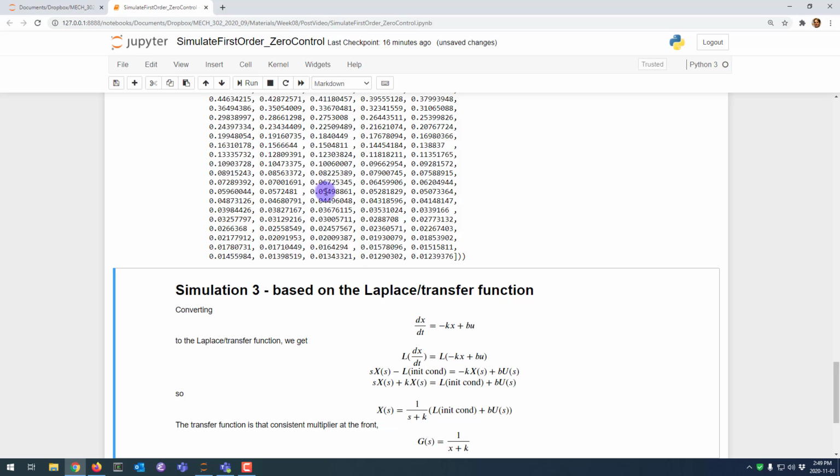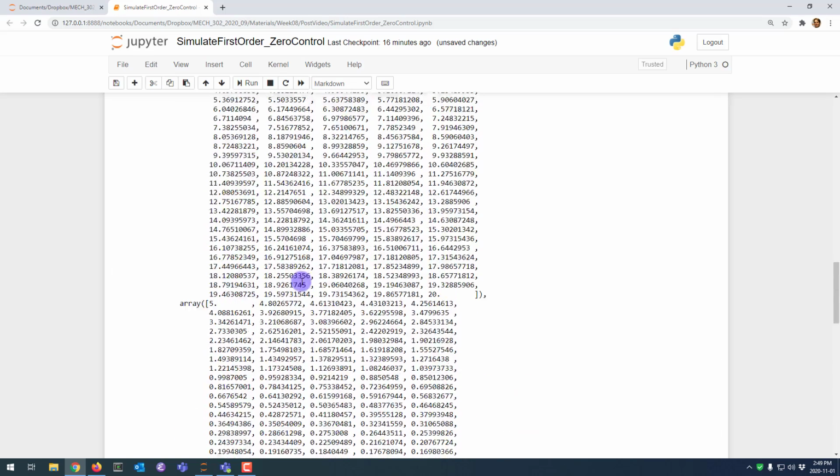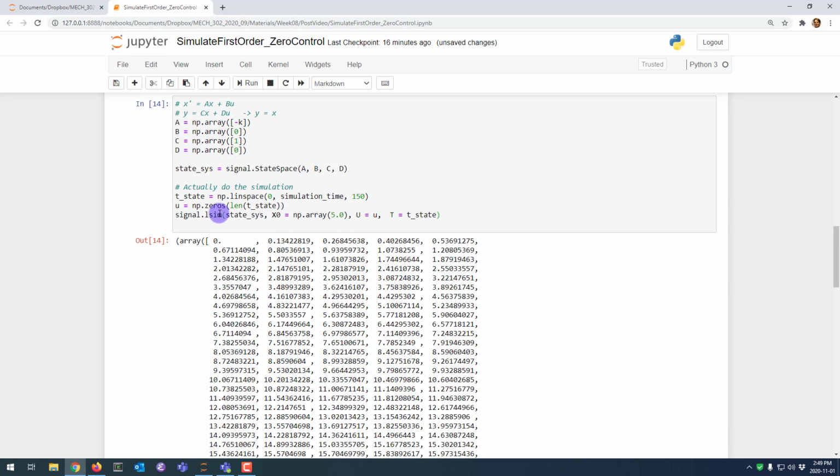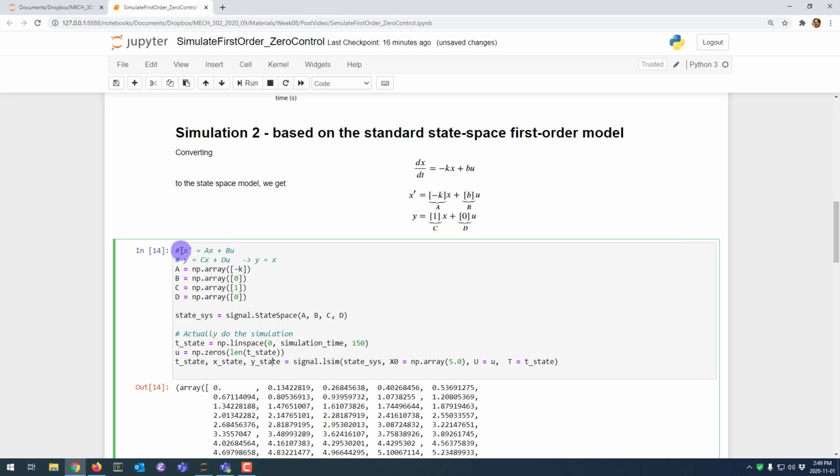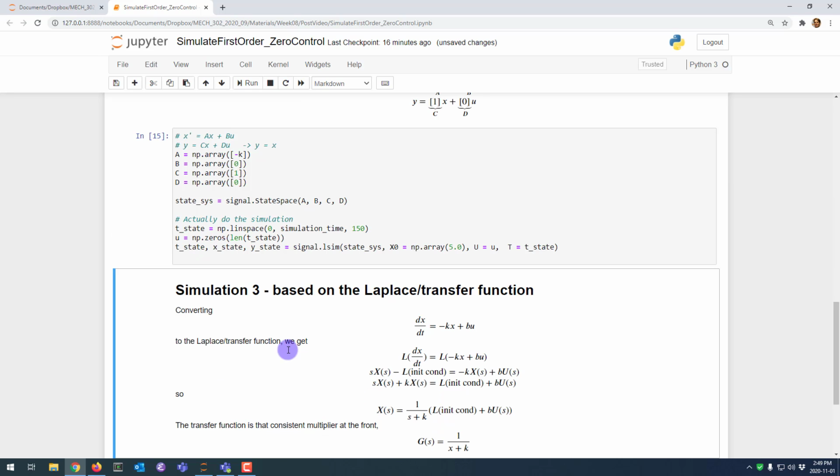We're going to try that. That ran successfully. Excellent. Notice we get a whole bunch of things back. We actually get 3 things back. It turns out what we get back is the time values again, for reasons that are lost on me, but there they are. And the x state and the y state. If we go back to the model that we're looking at with the state space, having the x's and the y's as 2 separate components, it makes sense that we're getting information about both separately. So if we do this and run it, what we now have are the t state and the x state